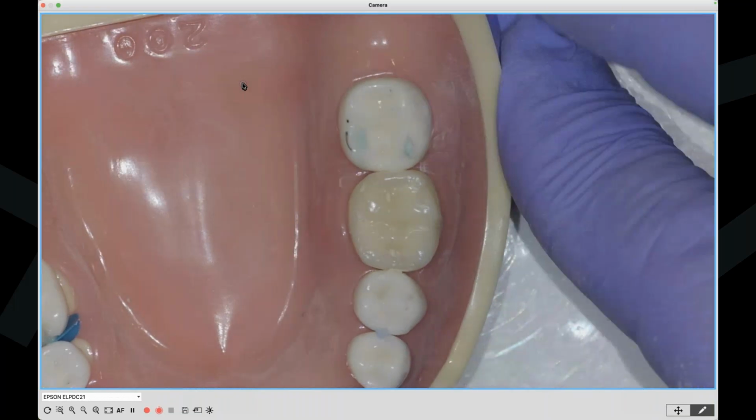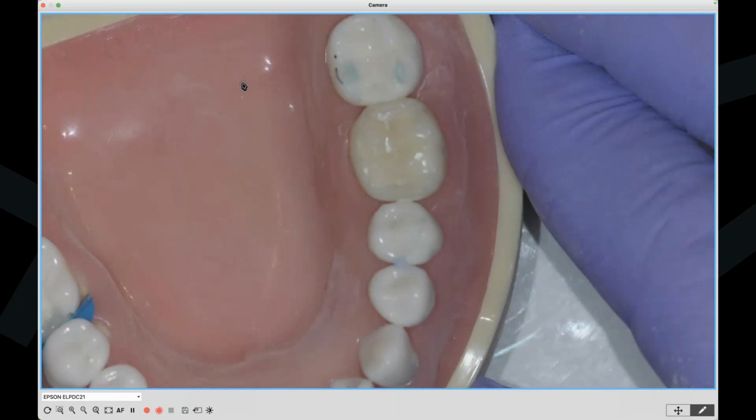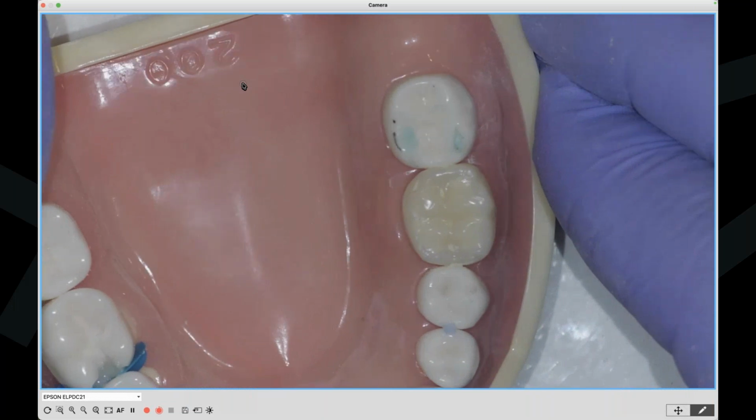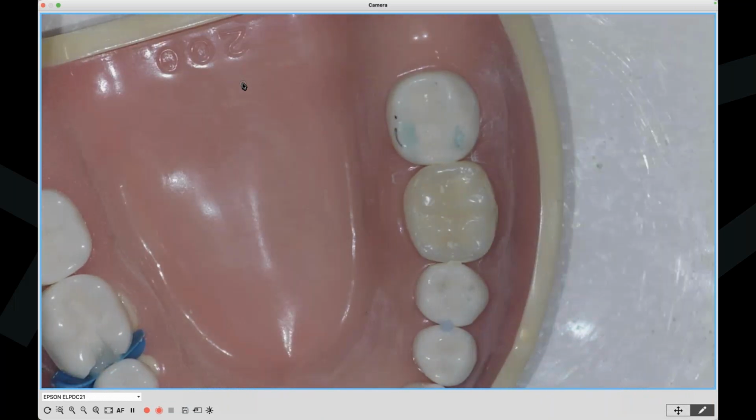Okay, there's your high shine and an anatomical form. Now, of course, you'd be adjusting this in the mouth quickly, but I don't know how long this took us. We estimate 20 minutes in an ideal situation.